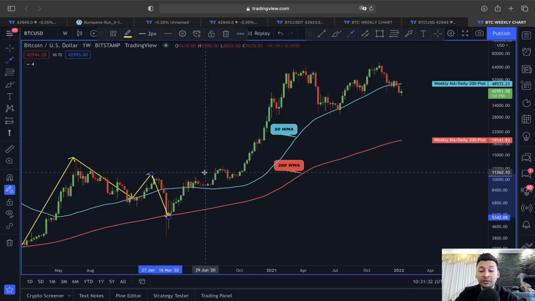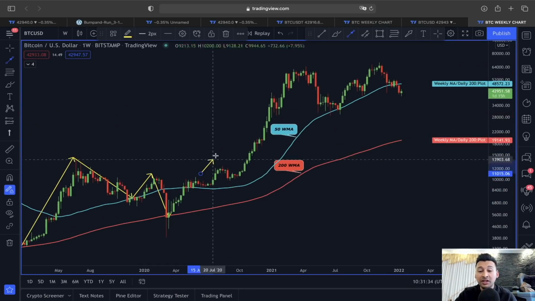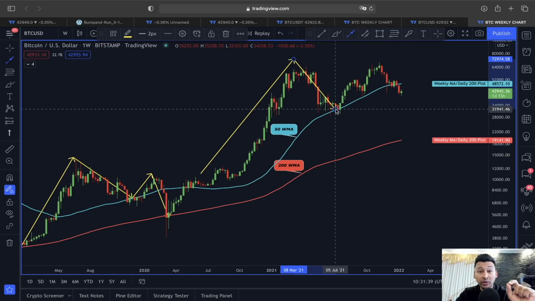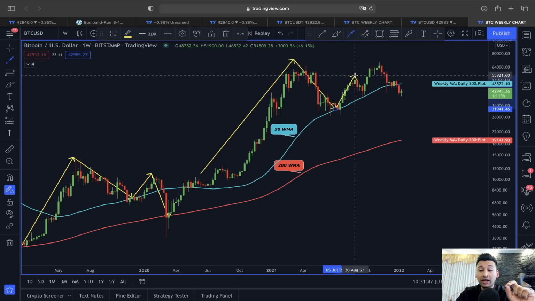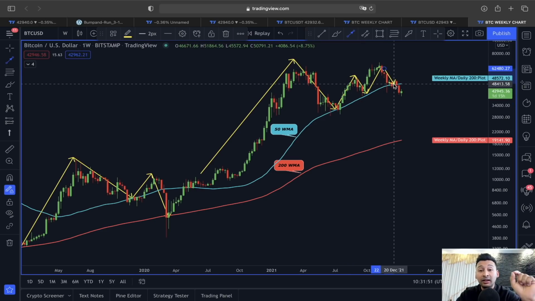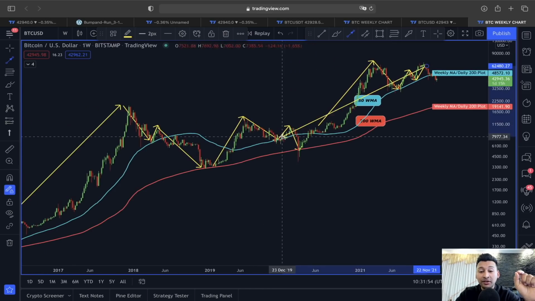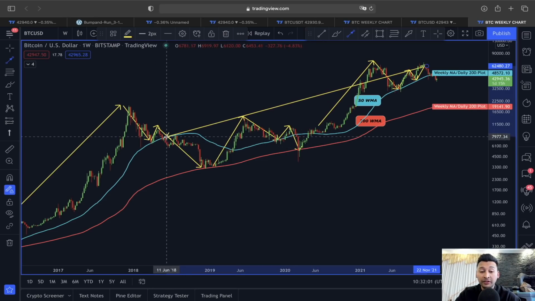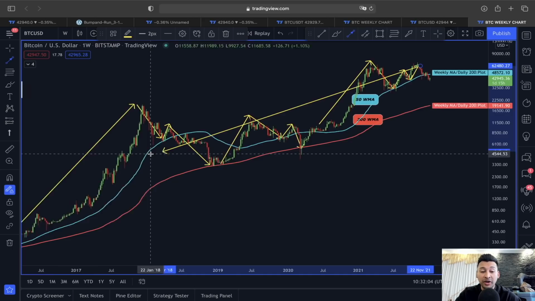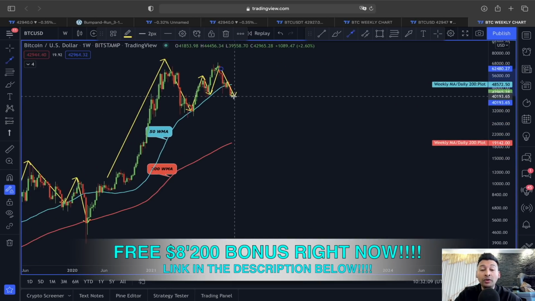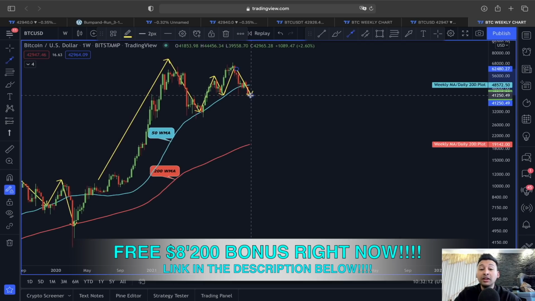And now, as long as the price of Bitcoin was above this 50 weekly moving average, we were fine. We had this retracement, you can see price found support at this 50 weekly moving average, got a really nice bounce, retested it, but this time we have failed. And in the past Bitcoin price action, you can see failing to find support at this 50 weekly moving average led to a massive price pullback. Here as well, failing to find support at this 50 weekly moving average, another massive price pullback, and here from 2014 as well.